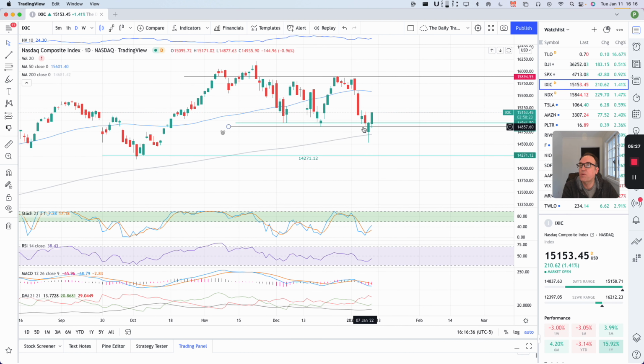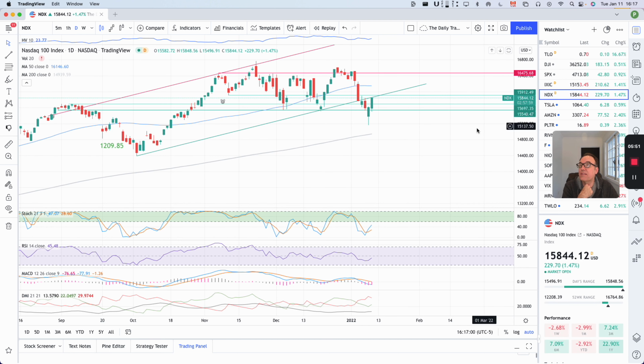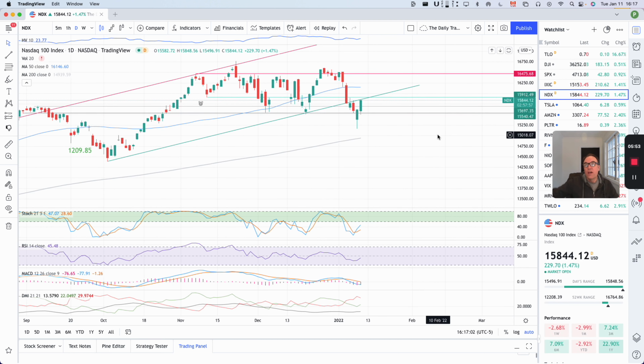So it looks like we are going to retest 15,849 because basically Nasdaq is in a big congestion zone. And it was very scary yesterday because we broke quite low, but then we recovered quite well during the day. And today is really a nice bounce from yesterday. And Nasdaq 100, the same thing here. So it seems like everything is coming back up, at least for a little while from the indices perspective, but